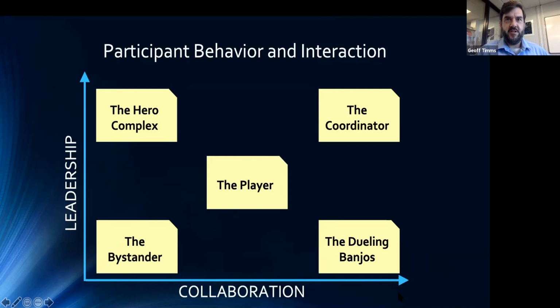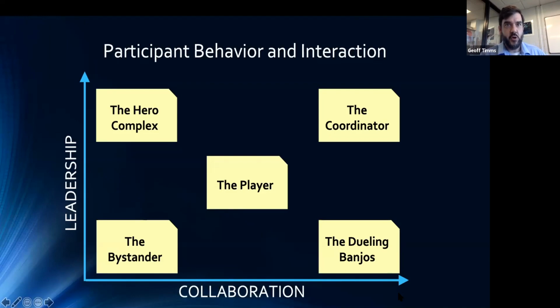The next persona is the self-proclaimed hero, and that persona's catchphrase is, "I got this." The heroes tried to undertake the tasks on their own as individuals, thereby suppressing any team collaboration. And honestly, sometimes they succeeded in completing the task, but at other times they led their team right up the garden path and had to ultimately be reined in so that progress could be made. Conversely, we did see some coordinators or leaders emerge, and a couple of those coordinated their teams while facilitating collaboration and enabling everyone to contribute. And of course, these were the teams that progressed the fastest.